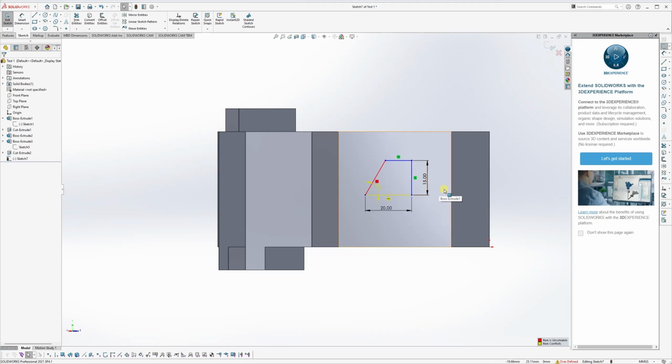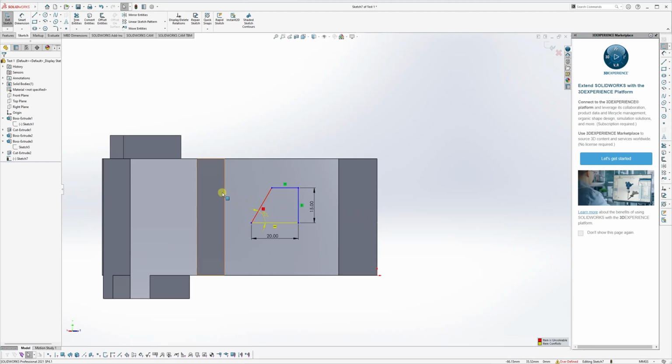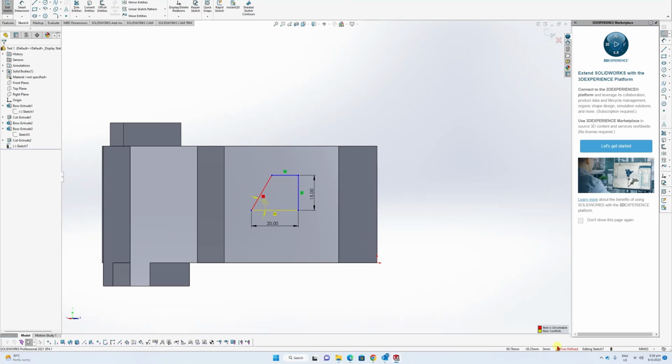So today I'm going to discuss solving sketch errors. Mainly for this area: display and relations, and repair sketch. In here you can see an example of a sketch that has an error. Usually you can see a sketch that has an error if the color is red and yellow. And another thing is, if you look at the bottom right side of your screen, you will